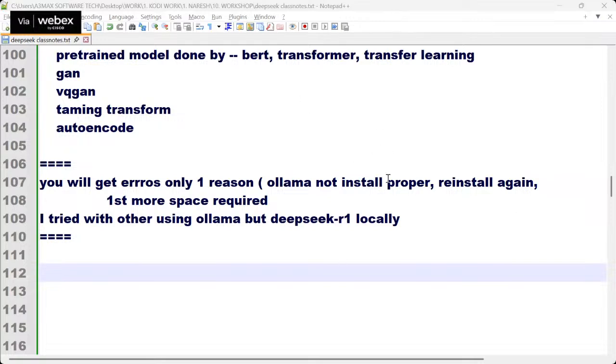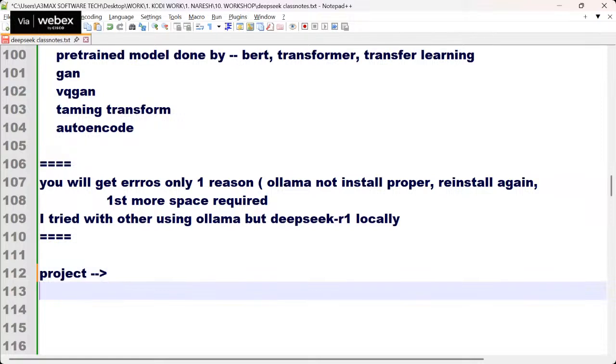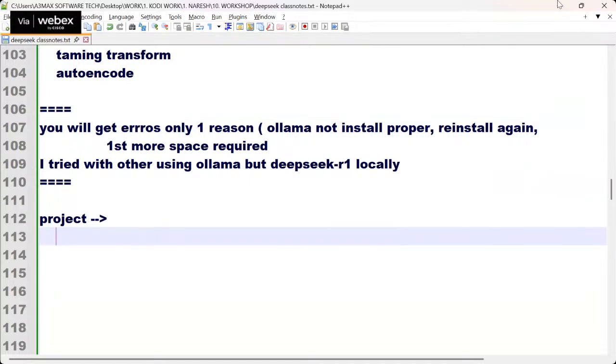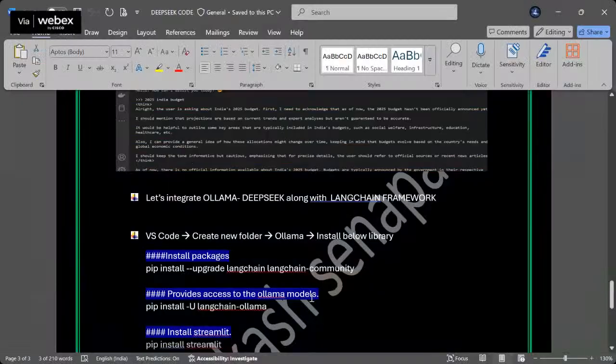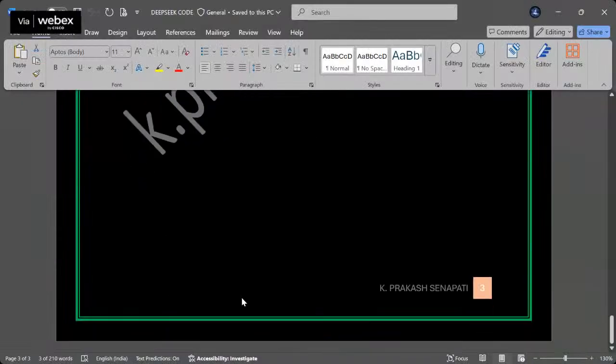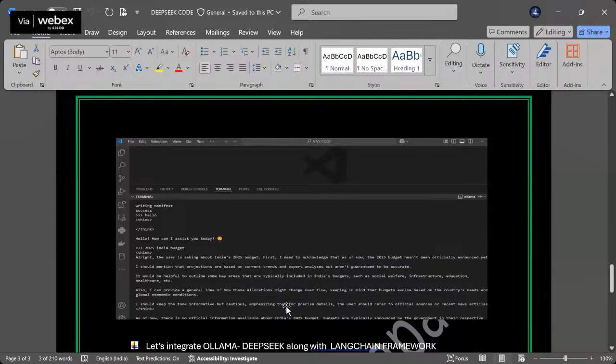Can we go to another project, guys? Garima, I will speak with you. Can we go to the last final project? Okay, let's continue the final project and then I'll share all this code on my team. I hope you understood: we created a front end and a back end using an amazing platform called DeepSeek, and we also developed using Ollama.